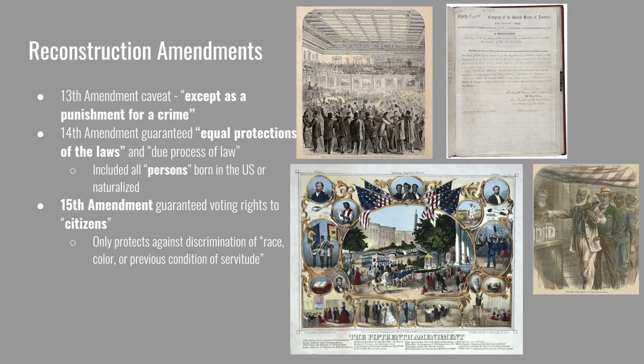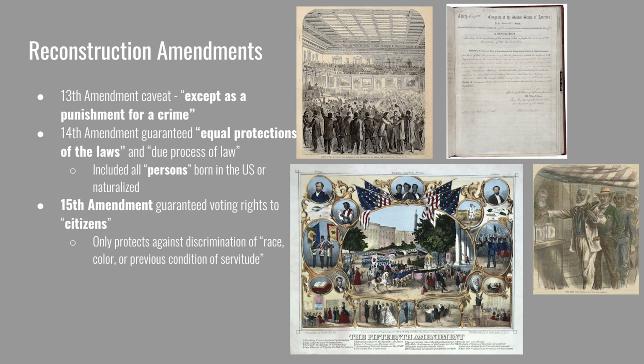convicted. After Reconstruction, Southern states made up of governments of Redeemer Democratic officials start passing black codes. These laws criminalize part of daily African Americans' lives in order to put them in a system where they can legally force them into involuntary servitude. For example, vagrancy laws jailed men for not having a job. Once arrested and imprisoned, they'd be hired out as cheap labor to pay off their fine.